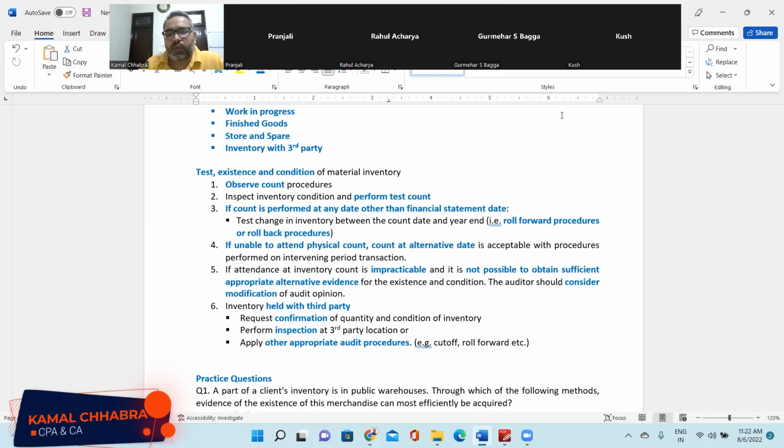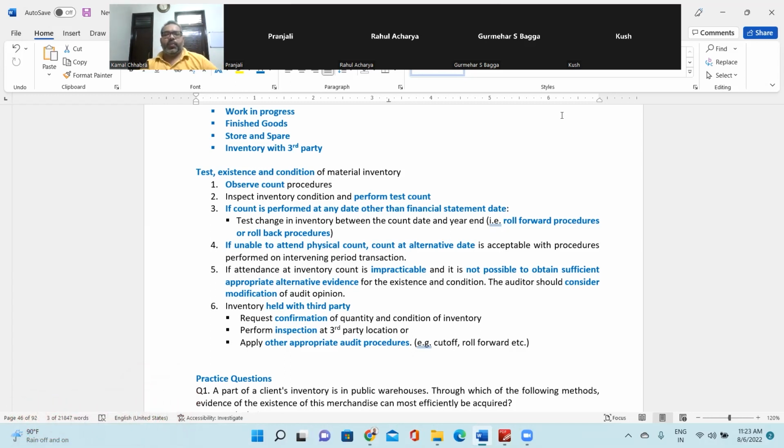Inventory count generally needs to be performed at the year end, because it's a balance sheet item, and balance sheet items are generally as of a date. But there might be cases where it is difficult to perform the inventory count at the year end date, right?